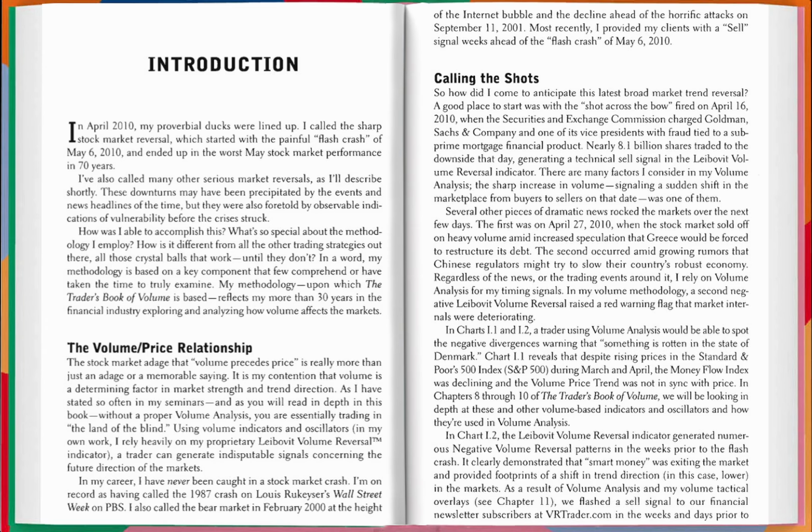These downturns may have been precipitated by the events and news headlines of the time, but they were also foretold by observable indications of vulnerability before the crises struck. How was I able to accomplish this? What's so special about the methodology I employ? How is it different from all the other trading strategies out there, all those crystal balls that work until they don't? In a word, my methodology is based on a key component that few comprehend or have taken the time